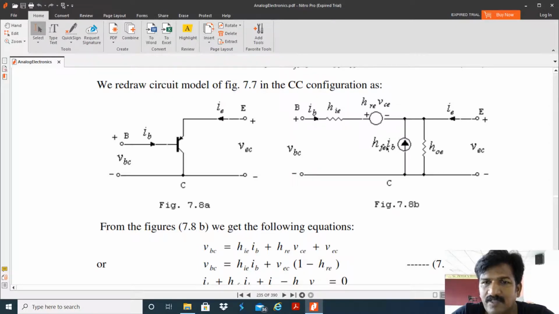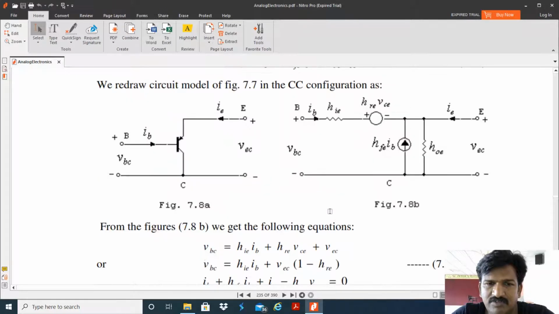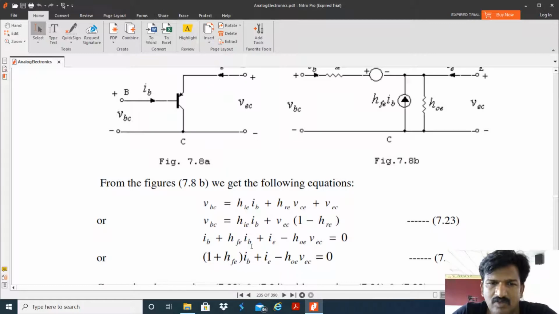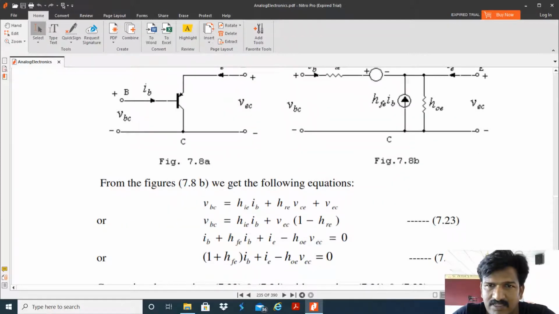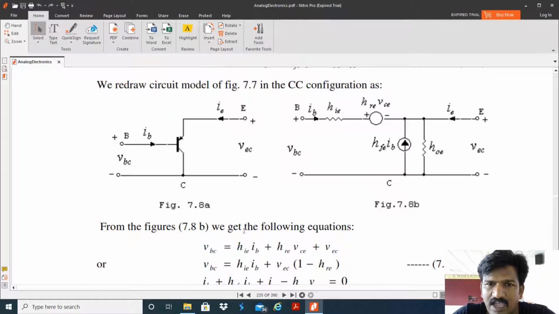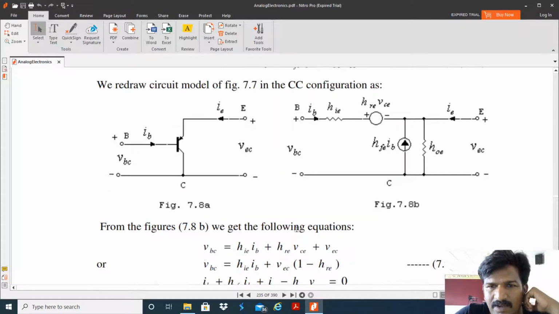We are taking the KVL. Now VBC is equal to HIE IB plus VEC, taking common, that is 1 minus HRE. Then you can also write the equation for the IB. What is the IB here? You see IB plus HFE IB plus IE